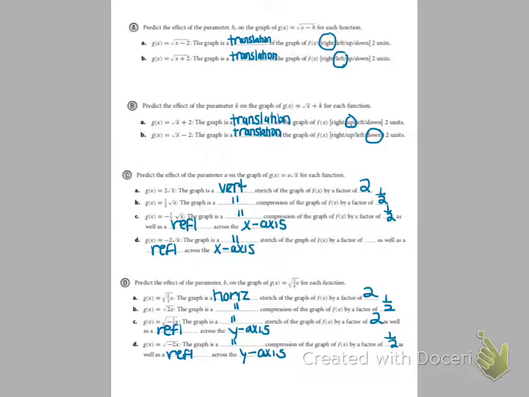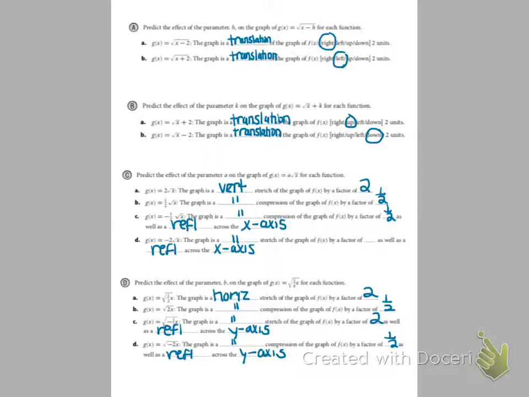We know that in this first scenario, anything that we're doing underneath the radical sign will have some sort of horizontal effect, and because we're adding or subtracting, it's going to be a slide left or right, or a translation. And just one thing we have to remember with any horizontal slides, that x lies to you. So we always have to anticipate it's going to go the opposite direction. So an x minus 2 would go to the right, whereas an x plus 2 would go to the left. The up and down transformations in B,